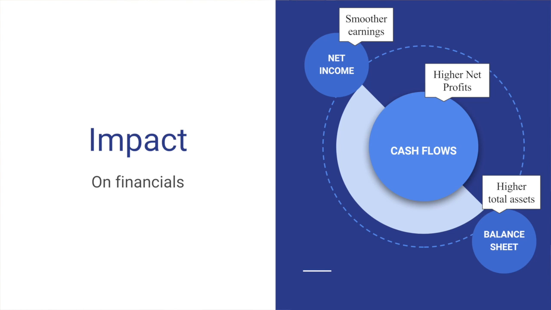higher net profit in the first few years, and they will have to pay higher taxes than they would have if they had just expensed the deferred maintenance cost. That said, over a long period of time, the tax implications will be the same. However, the choice of capitalizing over expensing has a much larger effect on the reported cash flows from operating activities and cash flows from investing activities.